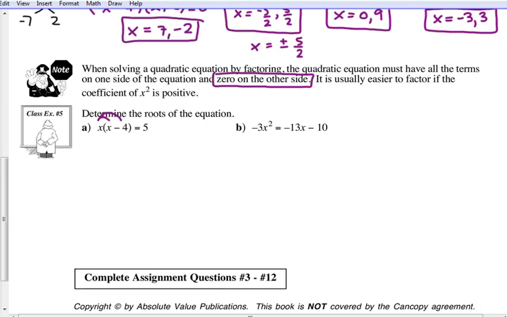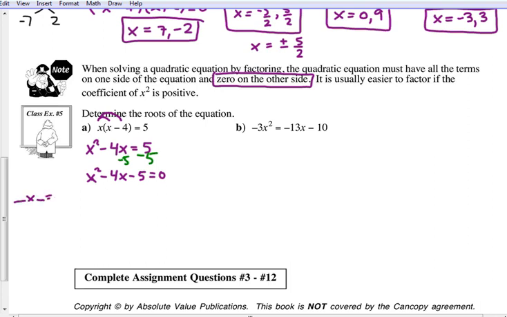X times x minus 4x equals 5. Now we still need one side equal to 0. So now we want to get 0 on this side. How do we make 5 0? Minus 5. Subtract 5. So now we get x squared minus 4x minus 5 equals 0. Simple or complex? Simple. So two numbers that multiply to -5